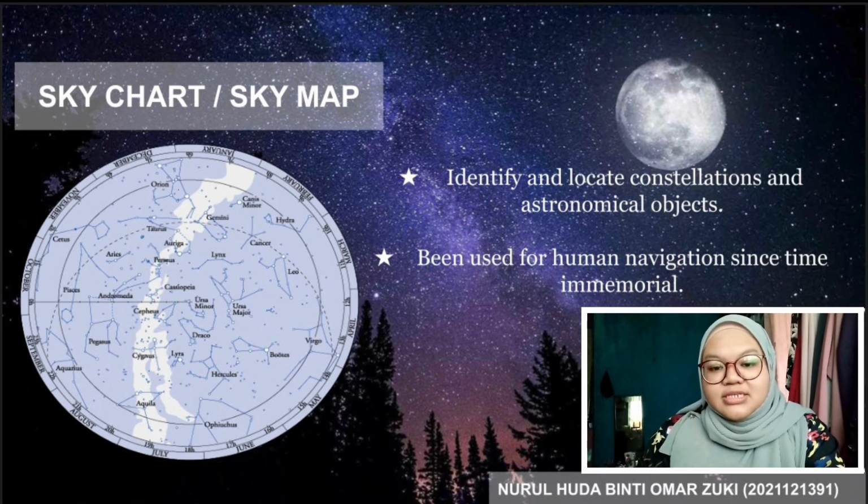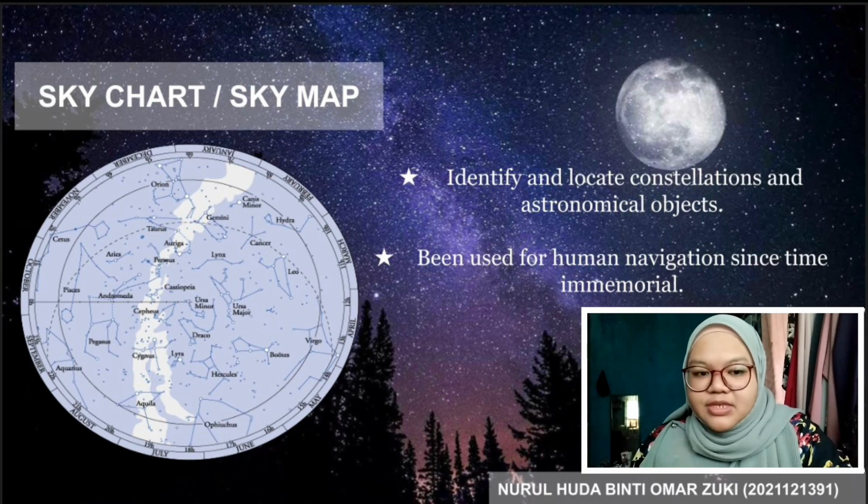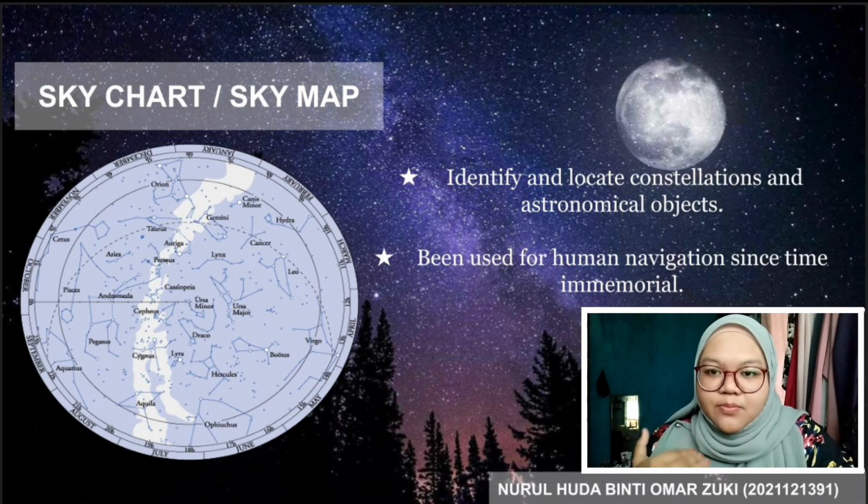A star chart is essentially a map of the night sky. People have studied the stars for thousands of years, dividing the sky into grids. The grids help people to locate and identify constellations, stars, and galaxies. The oldest known star chart was discovered in Germany in 1979 and is believed to be 32,500 years old, worlds away from today's star chart. The map was carved onto an ivory mammoth tusk and contained a constellation.